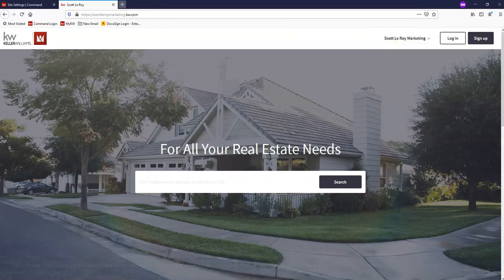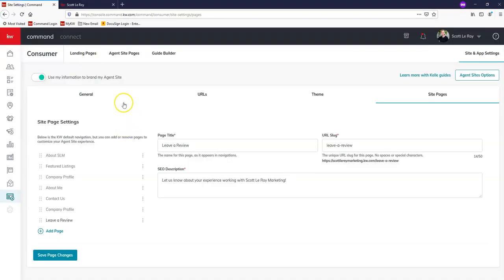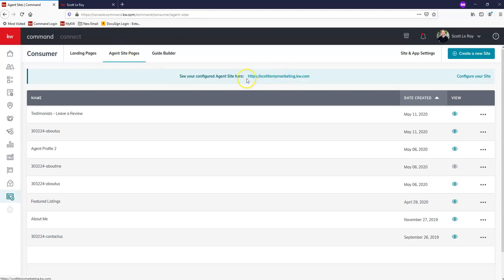So once you guys have that page added, if you actually go to your website, I can show you guys where to grab that URL as well. If we click on Agent Site Pages, your URL should be right here, and that's just confirming what your subdomain was set up earlier, that your site is live. All of that should be available right here for you. So once you guys have your site live and you open that up,